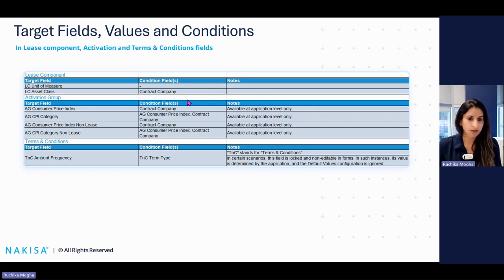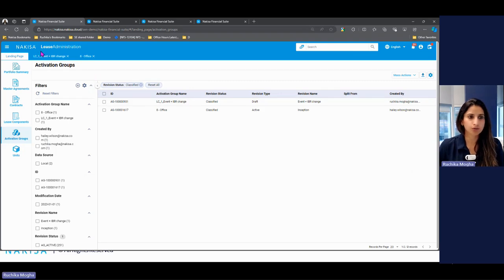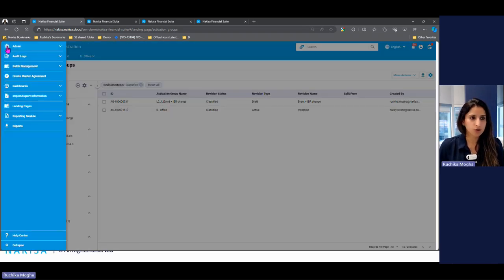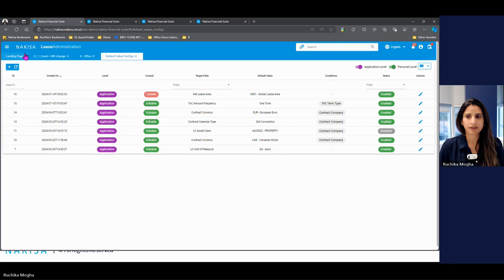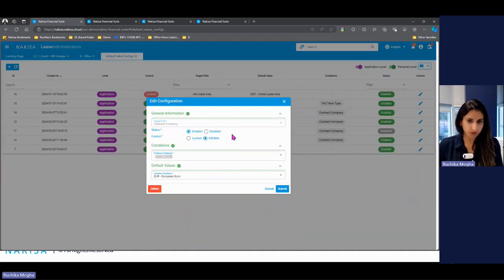So if I just come back to the UI, and I would like to show you, we come on the main menu as mentioned before, we click on the admin and the default value settings. So as I had shown you in the snippet, we have multiple settings that have been done on this solution right now, on this build. The most common ones that I think I can show you, which I'll click right away, is setting up a contract currency. So if I just want to open up and show you this,